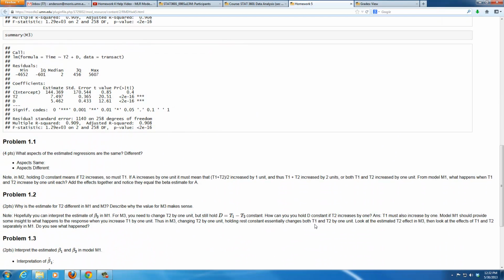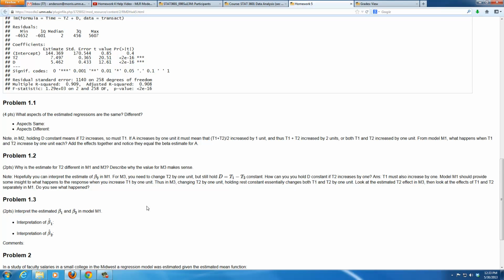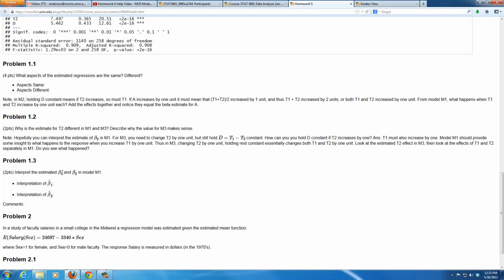in each model. I've given you a little bit of intuition about how to think about the T2 term for Model M3. Try to use that and try to understand where 5.462 comes from, and where the T2 term of 7.497, where that comes from, and try to understand why it is what it is. In problem 1.3, I ask you to interpret the beta 1 and the beta 2 estimates